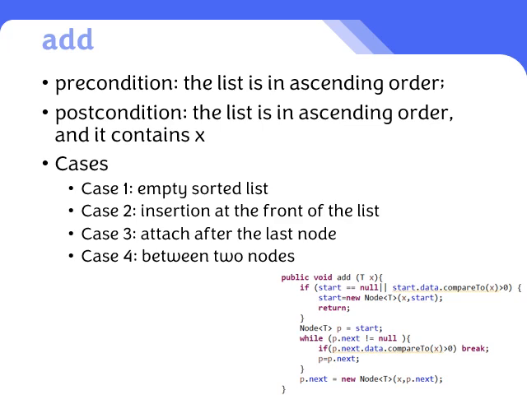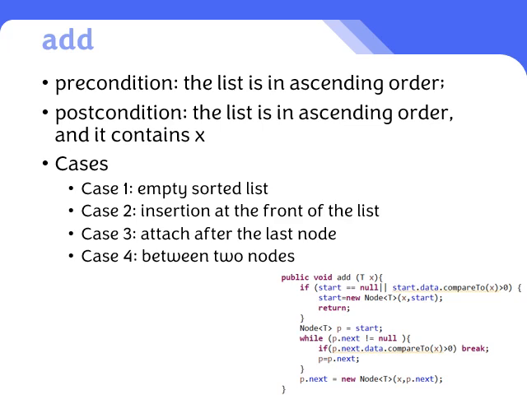In this case, the new node becomes the first node. That is, the start value points to the new node. The next value of the new node depends on the start value before adding. If the list is empty, the next of the new node is null,